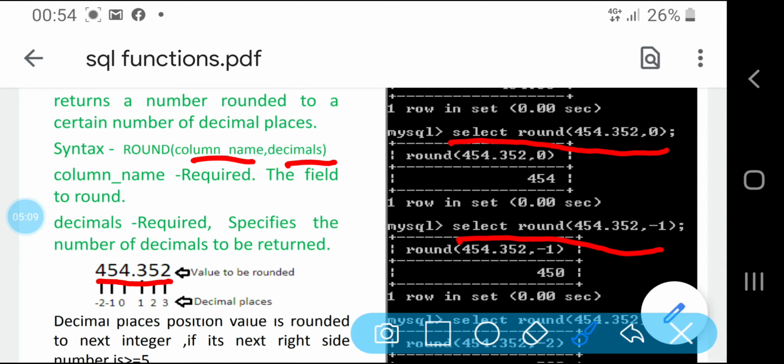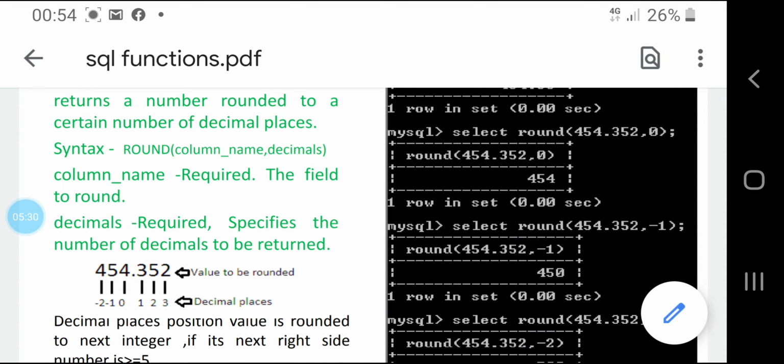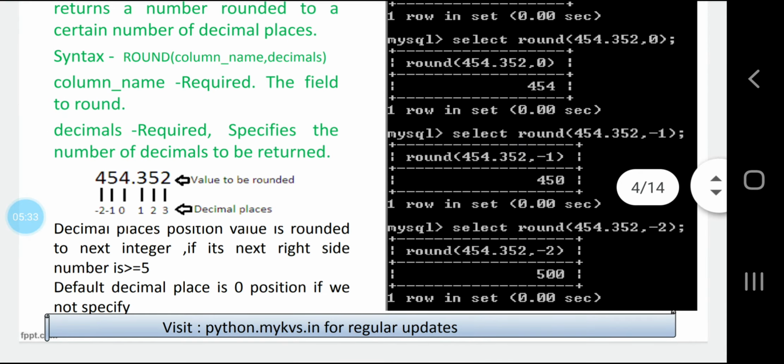A minus 1 means it will round to the tens place, so it will return 450. The decimal places argument is the position to which the value is rounded, and it rounds up to the next integer if the next digit on the right side is greater than or equal to 5.